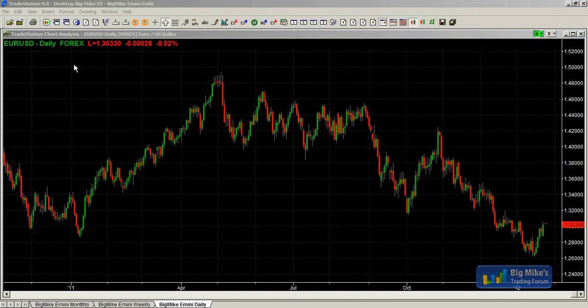Do you use the monthly, weekly, and daily charts for the big picture and trade on a smaller time frame chart like the 5-minute chart? When I'm trading on the 5-minute chart, most of my trades are based on the 5-minute, but I do pay attention to the 60-minute, much less attention to the daily, weekly, and monthly. You can be in a strong bull trend on the monthly chart and have incredibly strong bear trends on the 5-minute chart. So I like paying attention to the big picture, but I don't place 5-minute trades based on the higher time frame daily, weekly, and monthly charts.